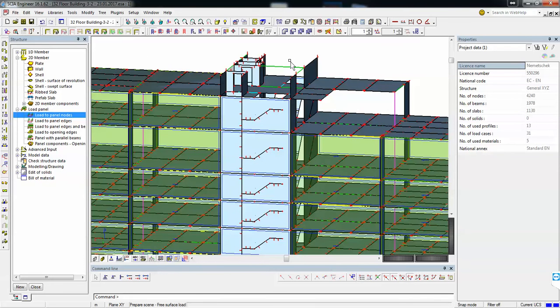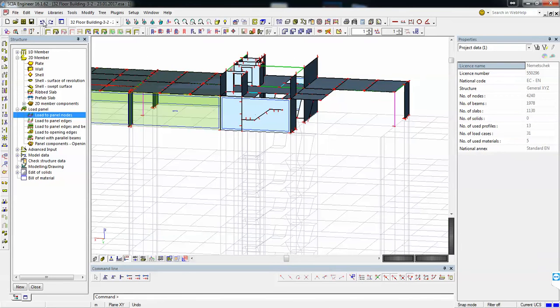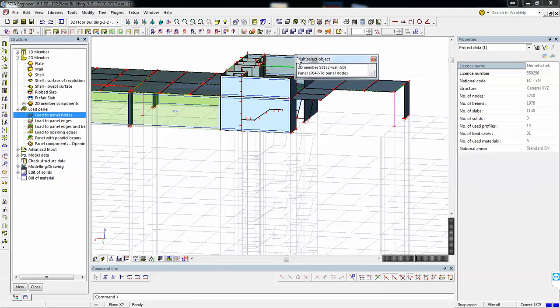Okay, I think I deleted the slab also. But you have here a 2D, the slab. Is it a slab here on top or not?